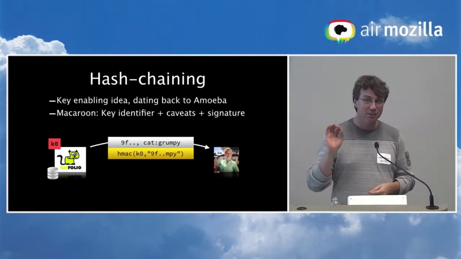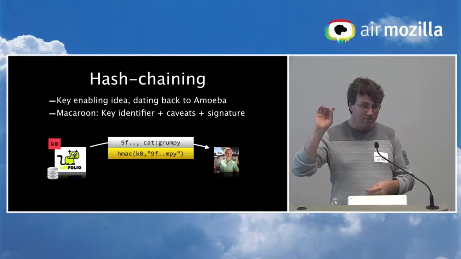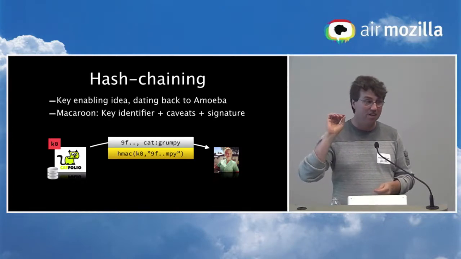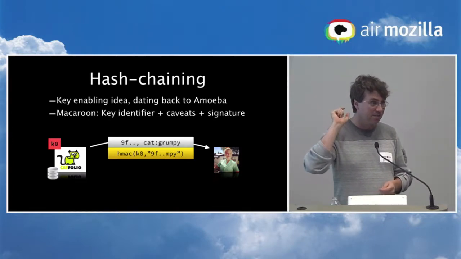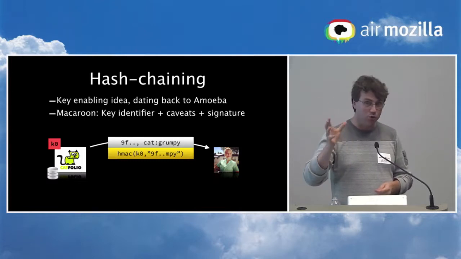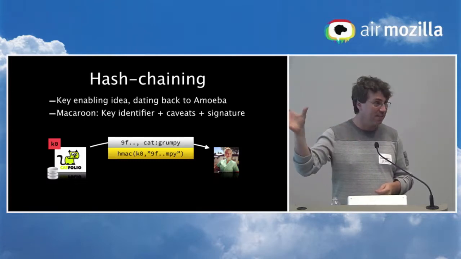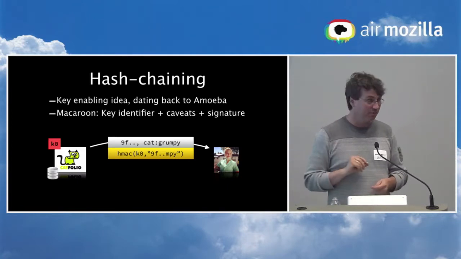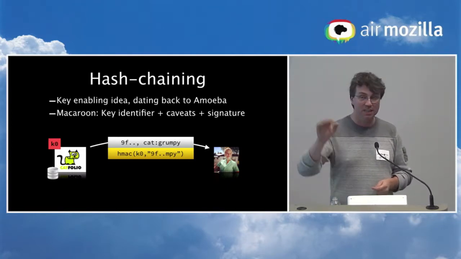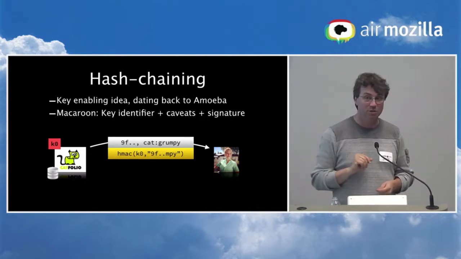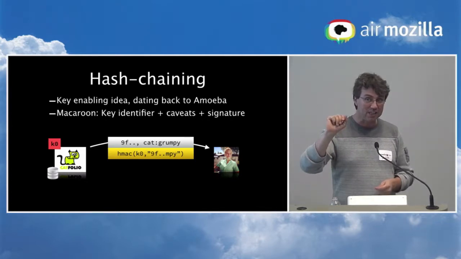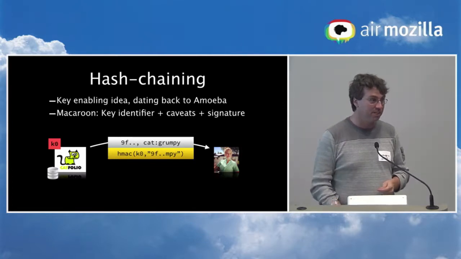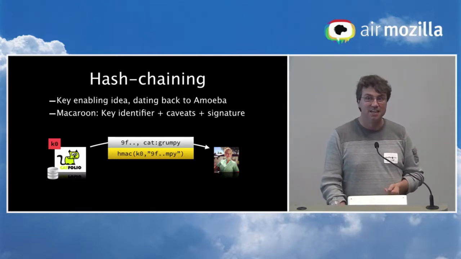So let's imagine for a moment that instead of just the random number, we actually have some key identifier, maybe a shorter number at the beginning, and some statement about what this cookie actually means. And then we have the HMAC at the bottom. So we still have some randomness or some value, and it doesn't have to be necessarily very long. We have a statement about what the cookie is good for, getting the grumpy cat, and then the HMAC value.